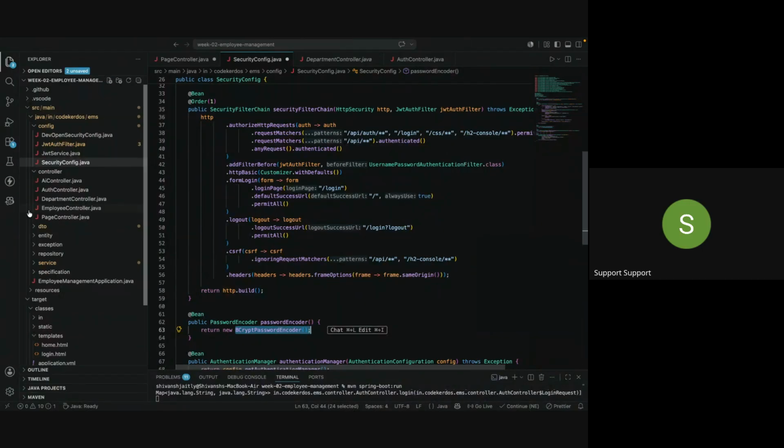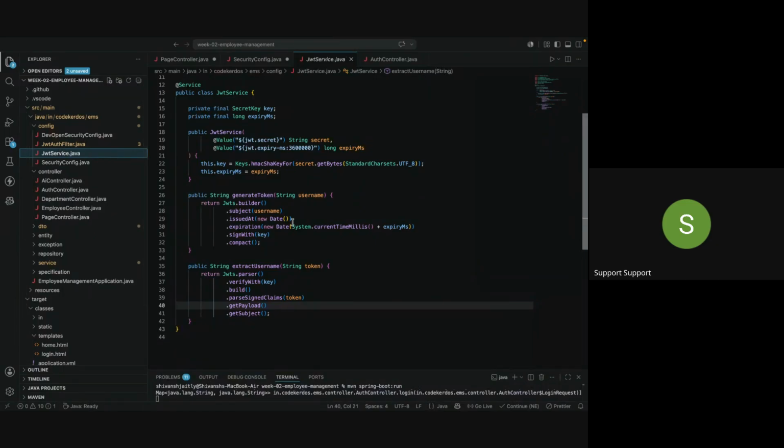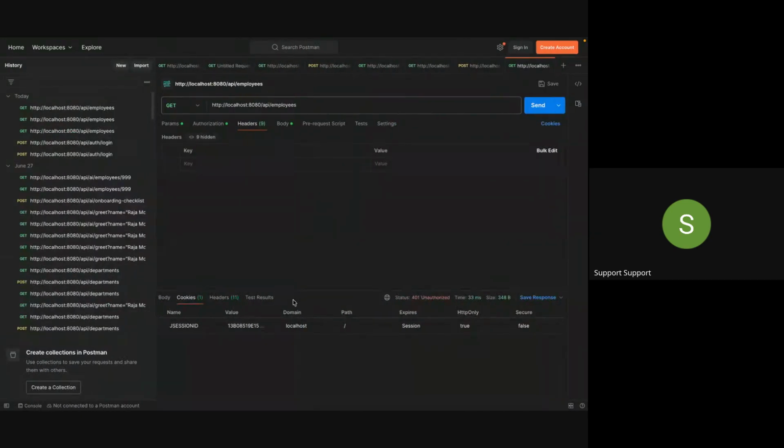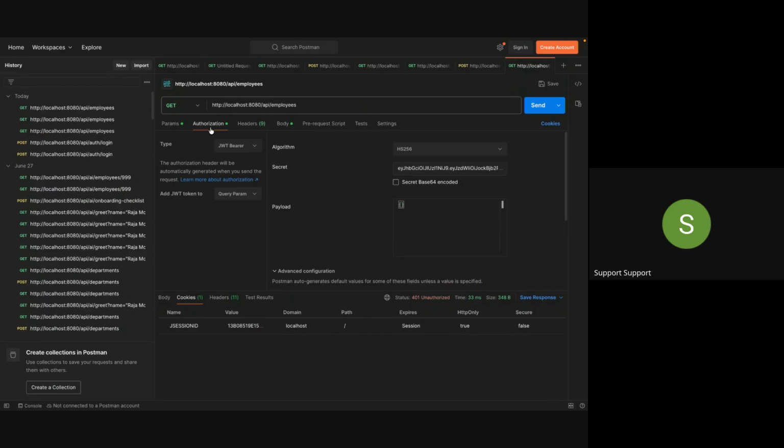Regarding the token creation, go towards your JWT service.java. So I'll open my JWT service.java, and there at line number 26, we are trying to create a token for this. Okay, whatever token it gives me. Using the token, we are getting it. So slash employee something. So if I go towards this header, right? Yes, authorization, and if I give